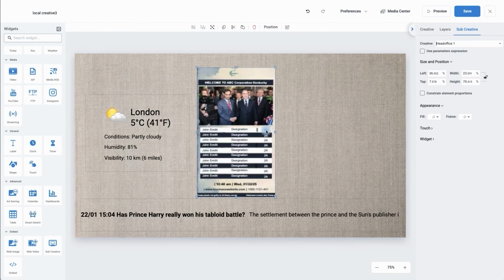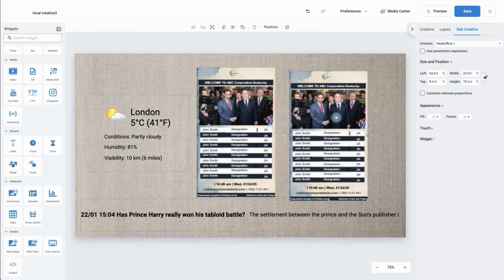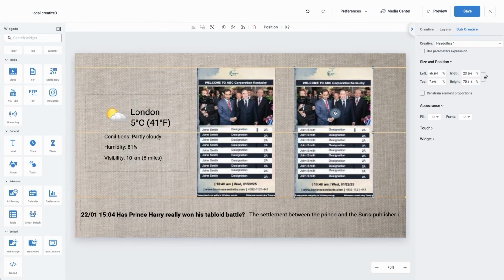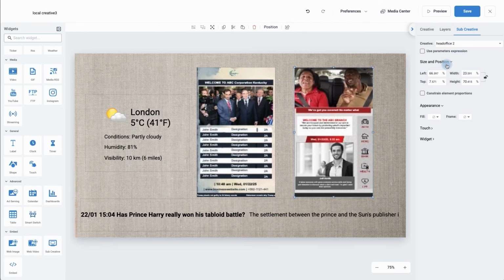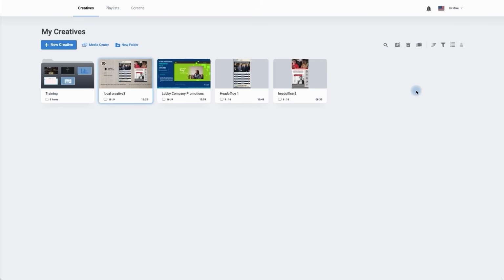Because I want the sizes to be identical, I'm going to copy this one and then paste it. I can then line it up, and now as my second one's been clicked, I can move over and I can now choose head office 2. So as head office update their creatives, it will automatically update on my screen, and I can show you how I do that. So if I click save and I come back out again,